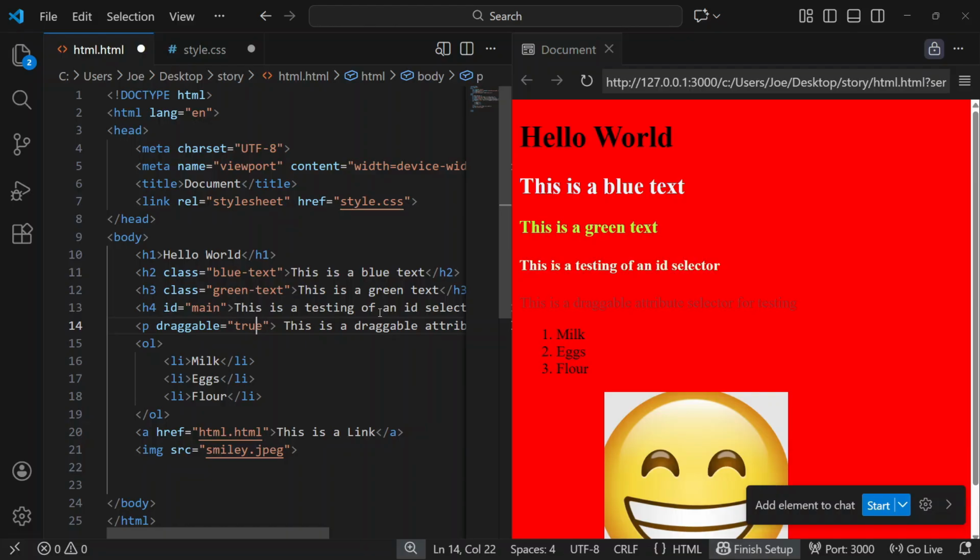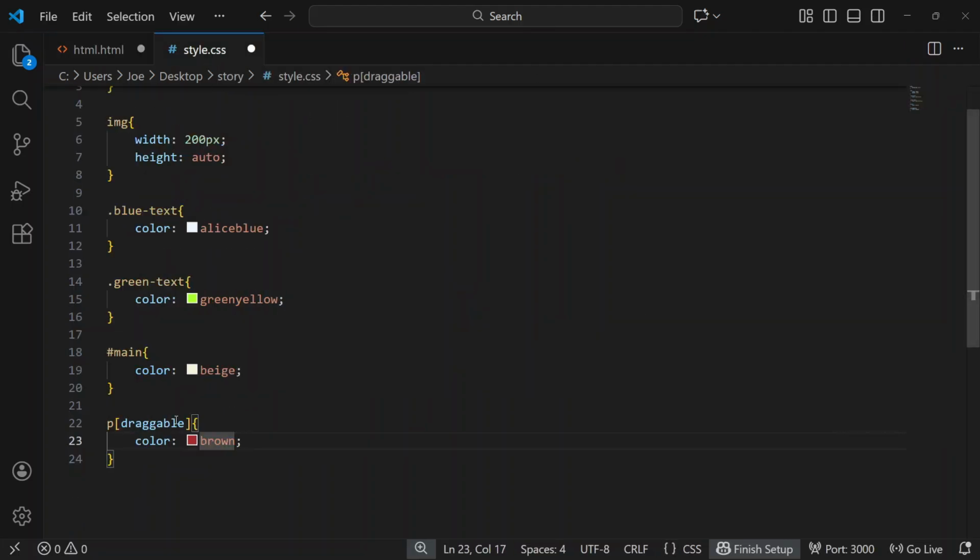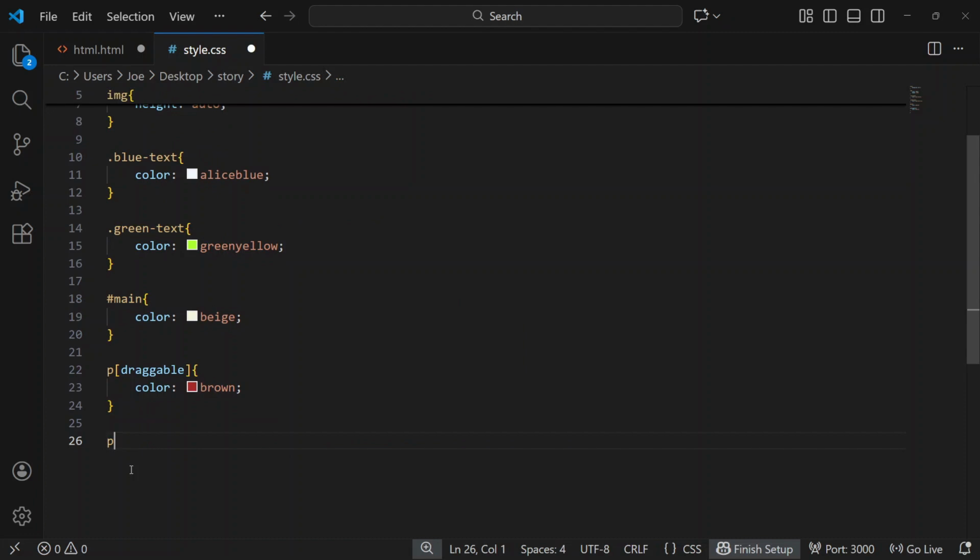Now it does not have to be only about your color. You can use it to work on your styling and your formatting. Now the next selector we're going to talk about is the tag selector. A tag selector selects HTML elements by their tag name. Now I can just go to my style.css and say all the paragraph tags